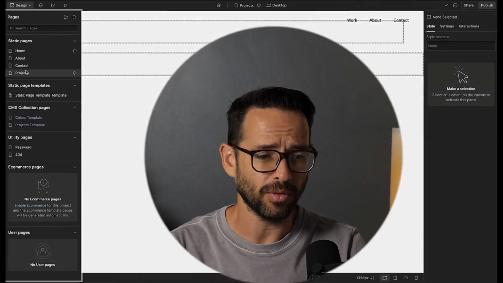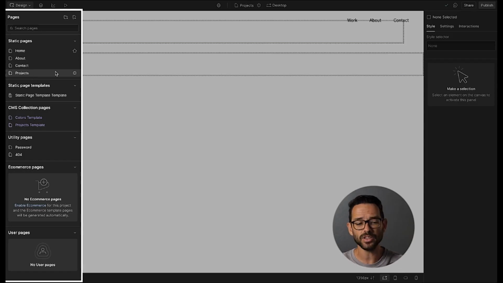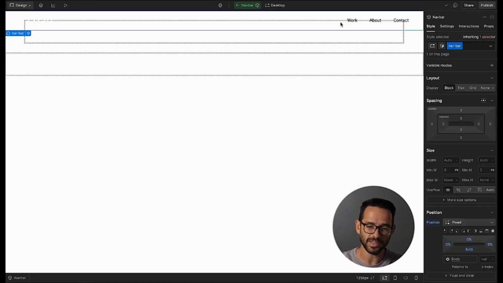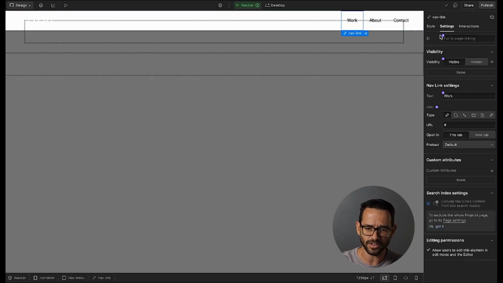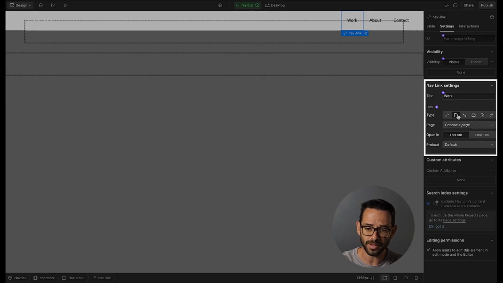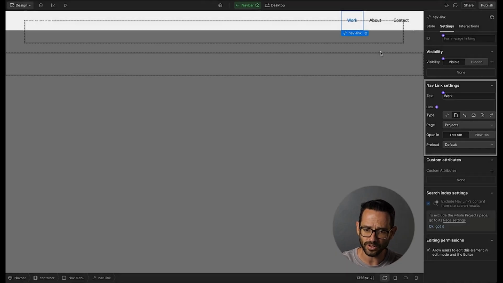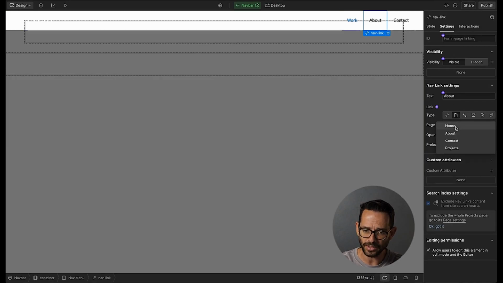All right, let's go ahead and build the projects page. Now, the first thing, we've got the projects page and we actually have all of the pages. So maybe the first thing we want to do is actually connect the links in the navigation. I'm going to double click on the nav bar, select the link, and just go here into the settings to basically pick the pages. So works page is actually projects page, about page should be about page, and contact should